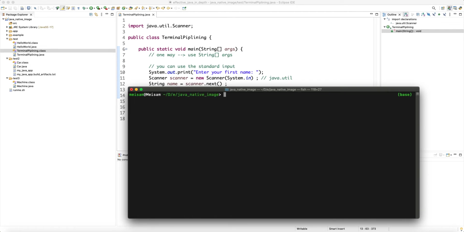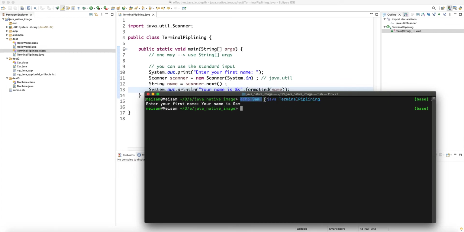Let's say I use echo Sam. We know the output of this command, remember echo is also an application, you feed it something and it just prints it to the terminal, right? Now I can say echo Sam and then pipe it to something, and that something is just my Java application. It says enter your first name, but it doesn't wait for you, because when you pipeline, the output of this application